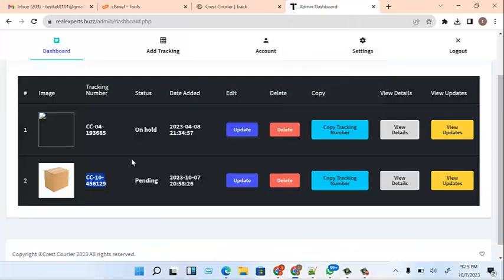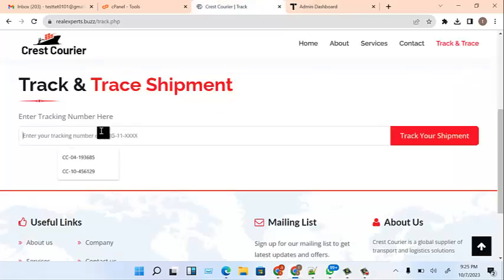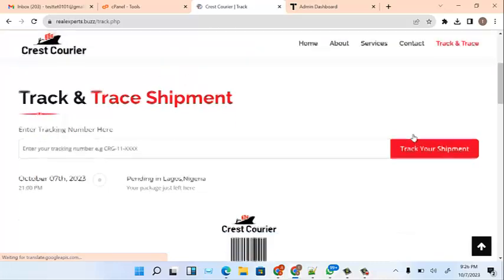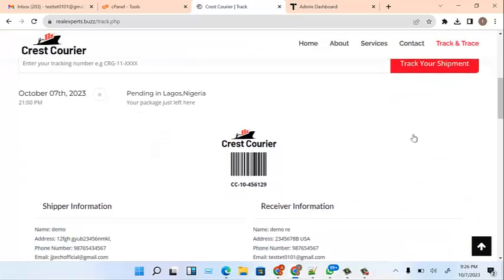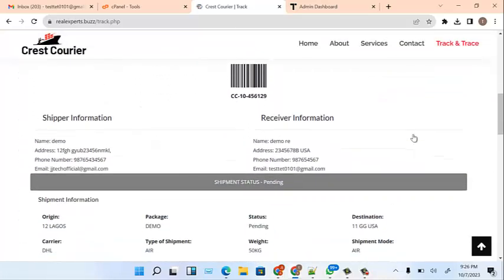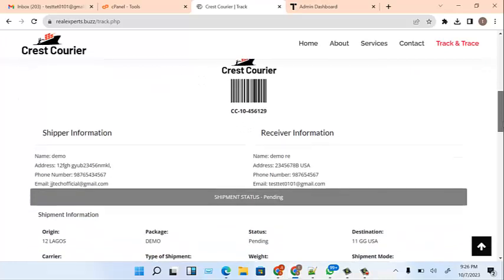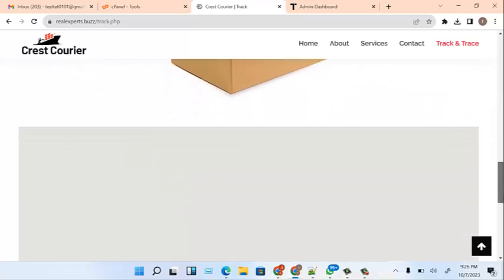Now let's go here. We'll come here, let's copy. Okay, let me select it again. So let's select this and Ctrl C. So let's track it. Very good. As you can see, when you first create your shipment, this is what shows you from Quest Courier down to the image you want,